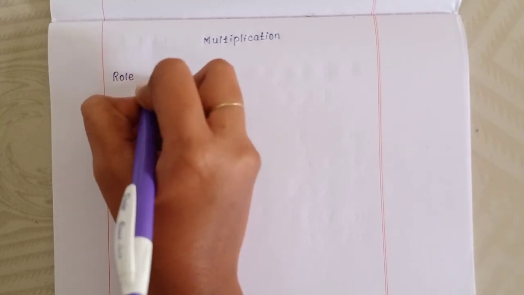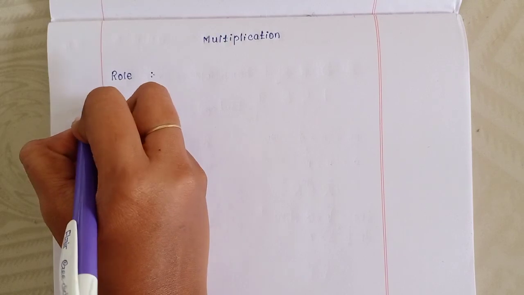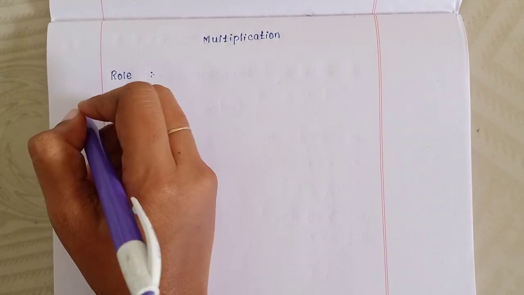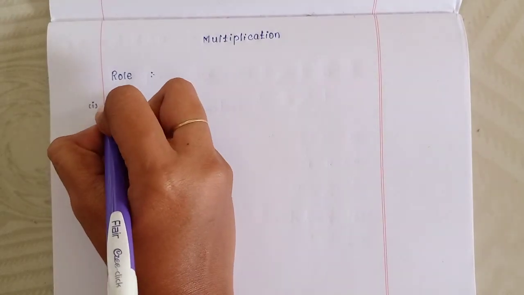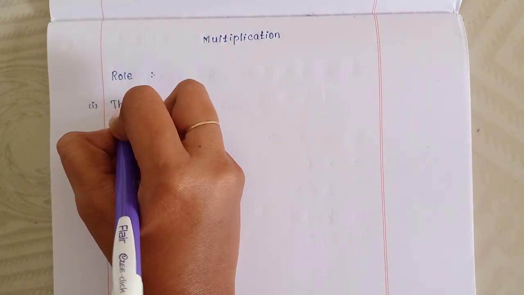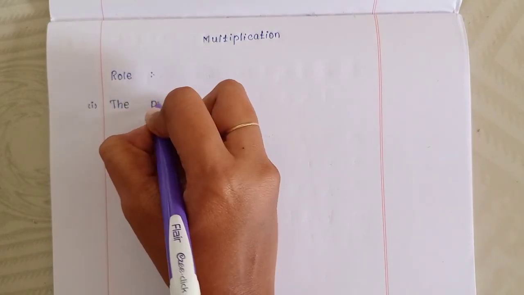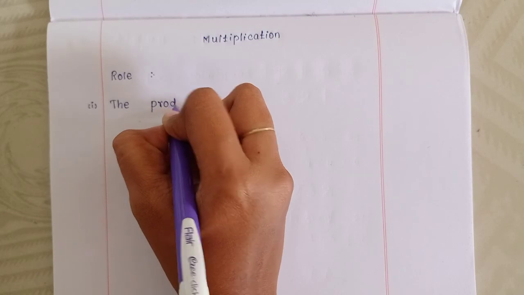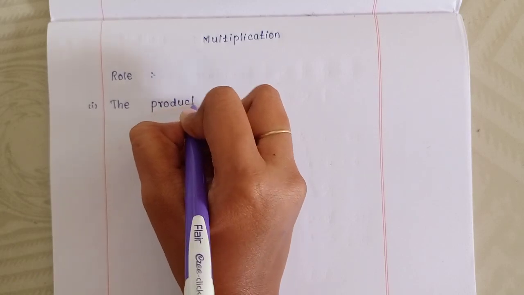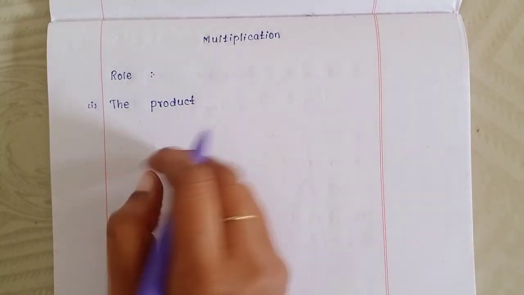Okay, rule. The first rule is: the product of